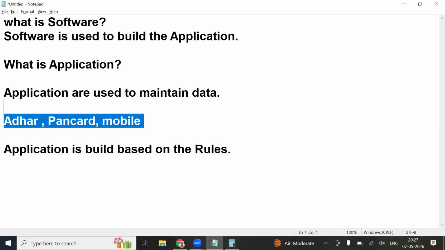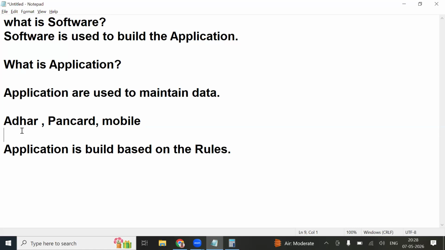If a person enters only 17 numbers, or only 8 numbers, and says it is their Aadhaar number, is it a valid or invalid Aadhaar number? Invalid. For that, you need to build a rule on top of the Aadhaar number data, saying that it should have only 16 digits.